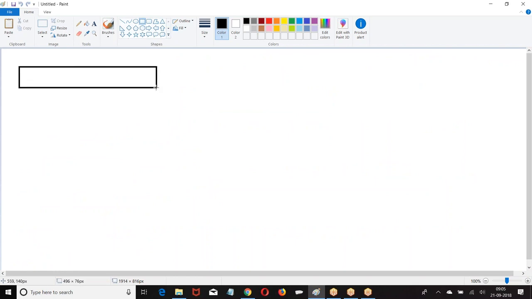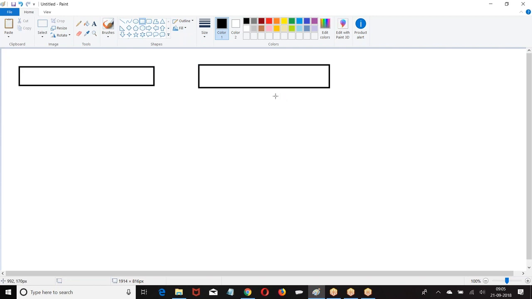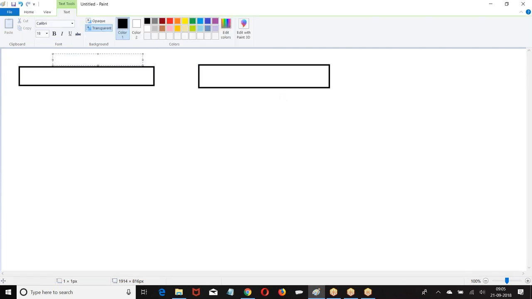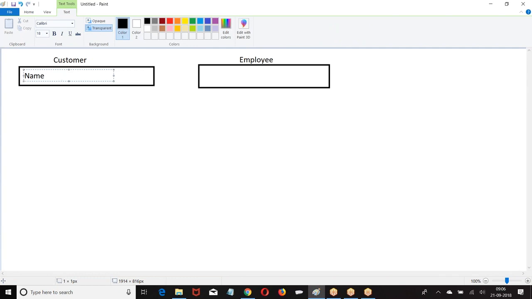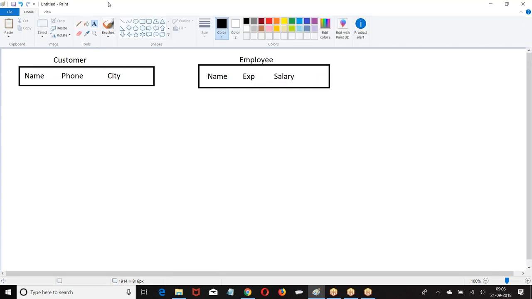Look at this. I have objects. This is a customer table, an employee table. The name of the table is customer, the name of the table is employee.